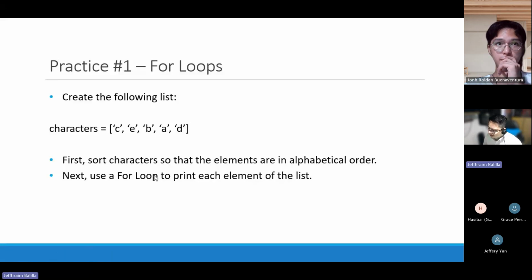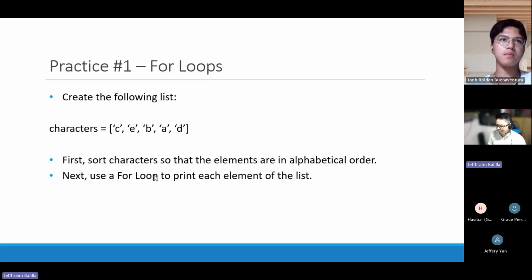Sort characters so that the elements are in alphabetical order. So what do you think you can use in order to sort this list? You have to do that before you apply a for loop to it to print each of the elements.